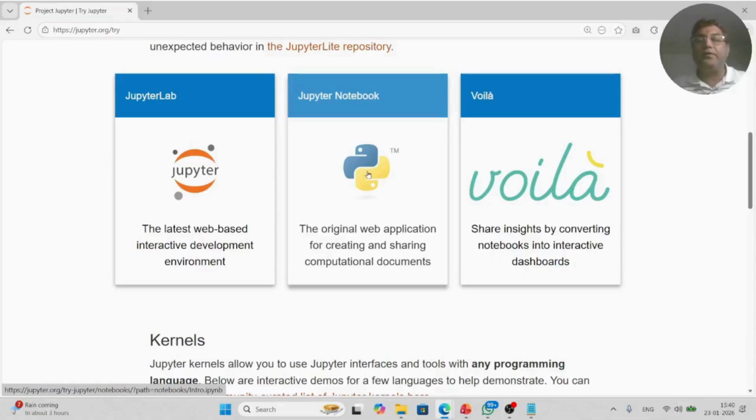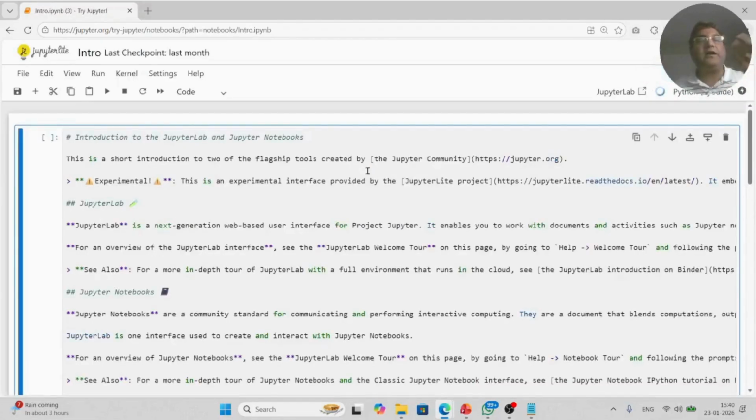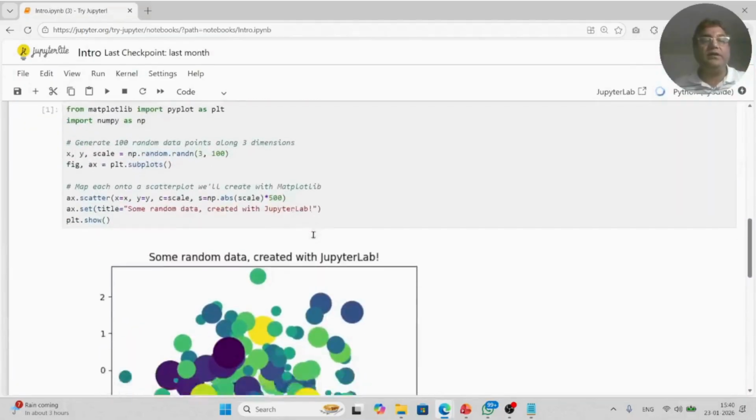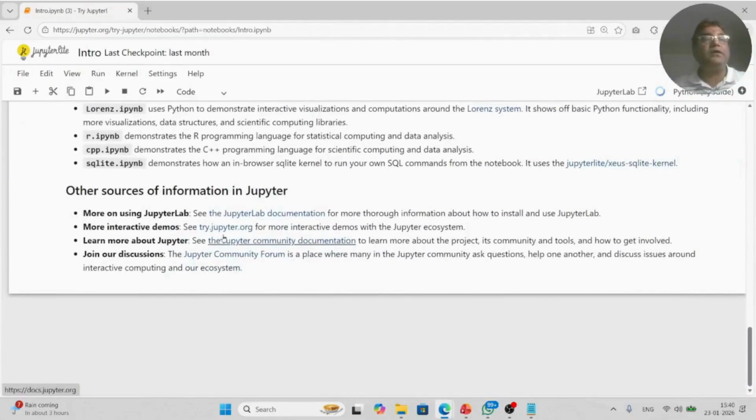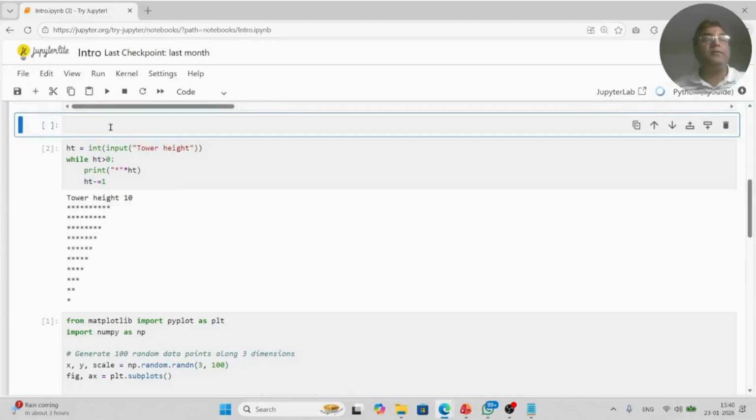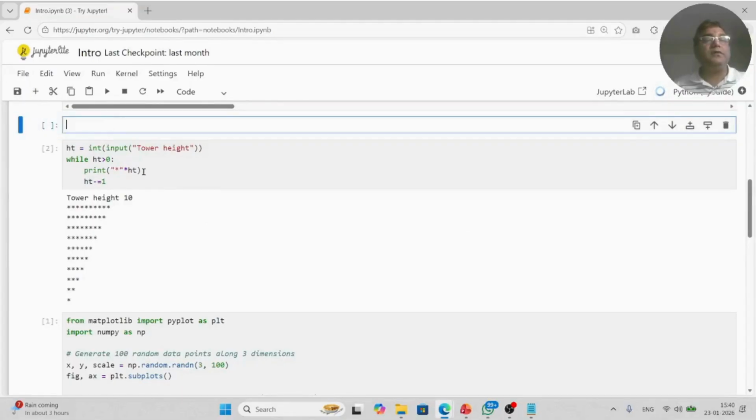For now, I will just click on that Jupyter Notebook, where it will open the interface, and you can write the code there. That's it. This is the interface. Now I can write any code here, right? All you need to do is click on this plus symbol, insert a cell below, right? And then see, I think I already have a program here that I have written, right? So let me just,